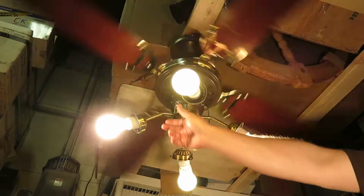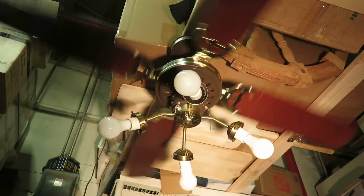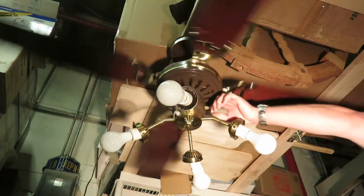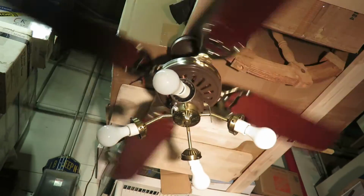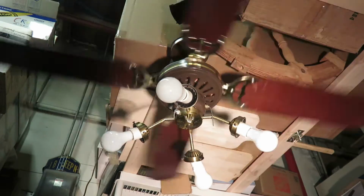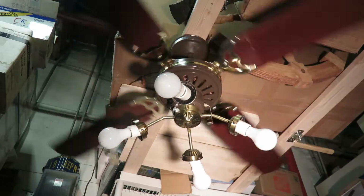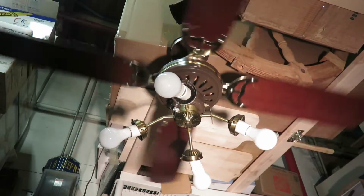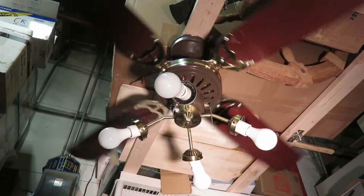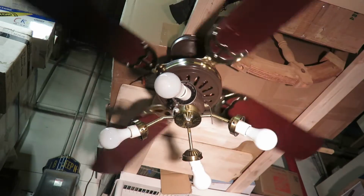Here's what it looks like with its lights off. And now for the spin down. And while it's spinning down, I'd like to